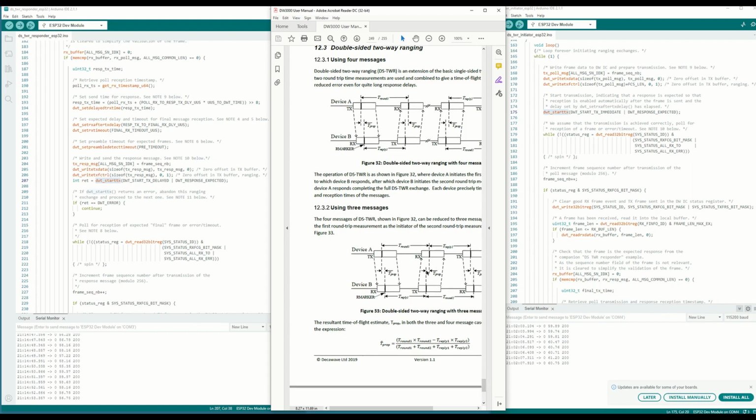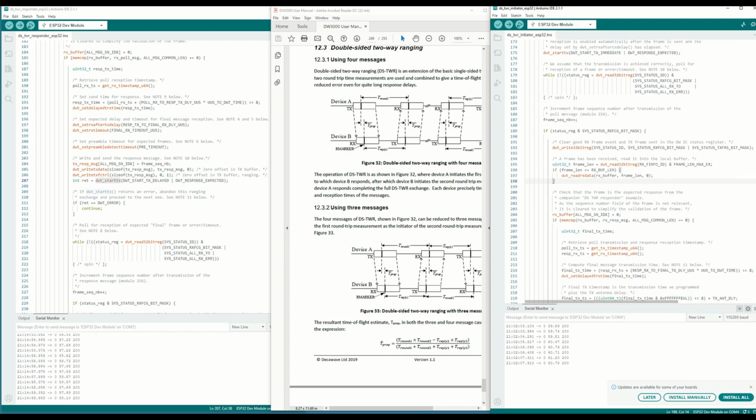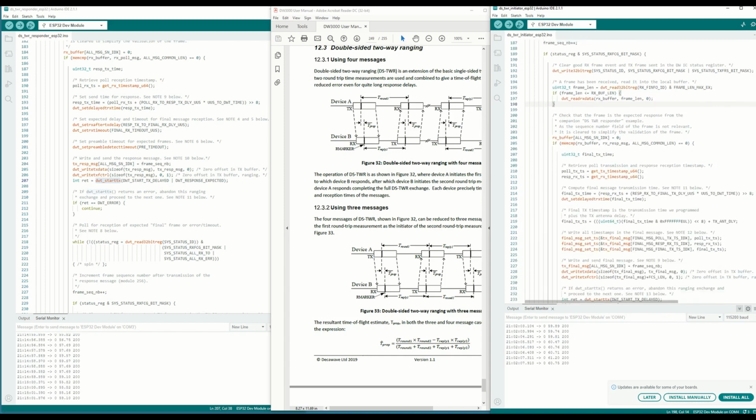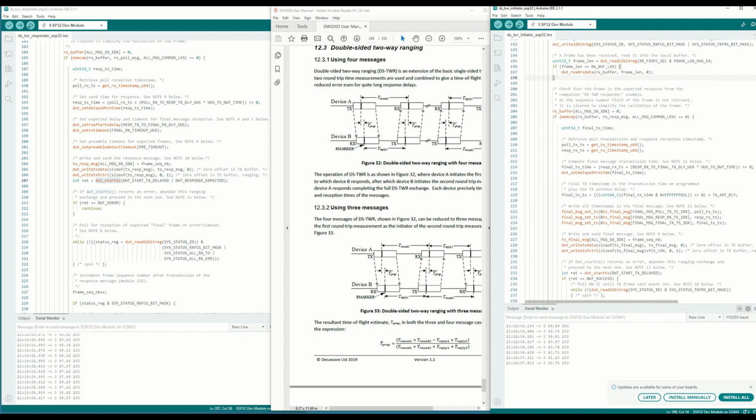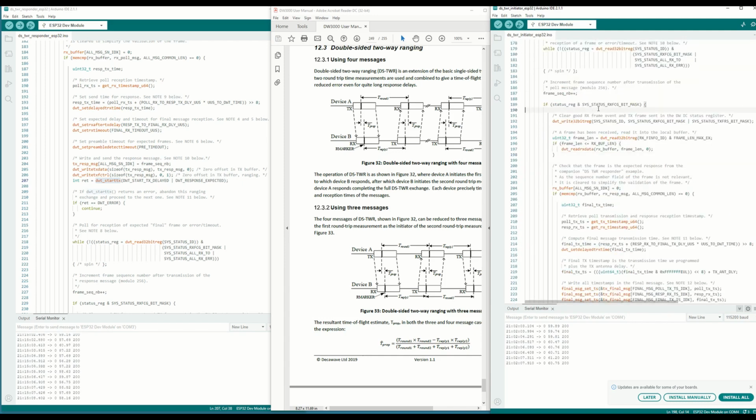Here, the data message goes to device A. We'll be coming back to device A, responder to transmitter. And here device A receives the message transmitted by device B. Then it processes the data and extracts the timestamps from the received message,